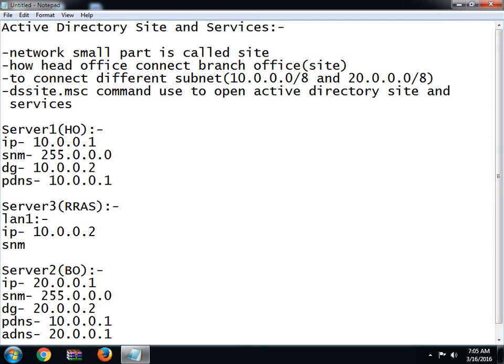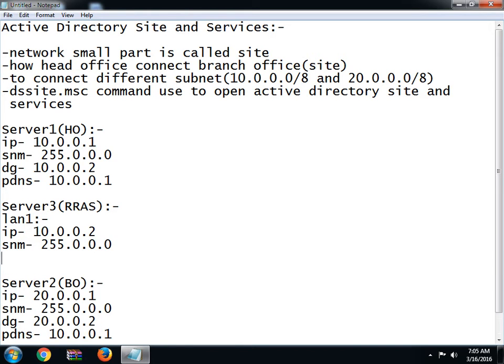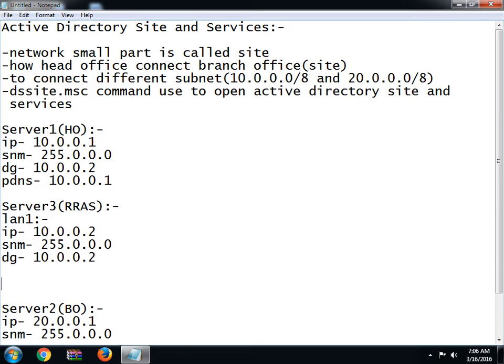Subnet mask is 255.0.0.0. Preferred DNS not required. Default gateway, if you want to give then you can, otherwise it's not required.